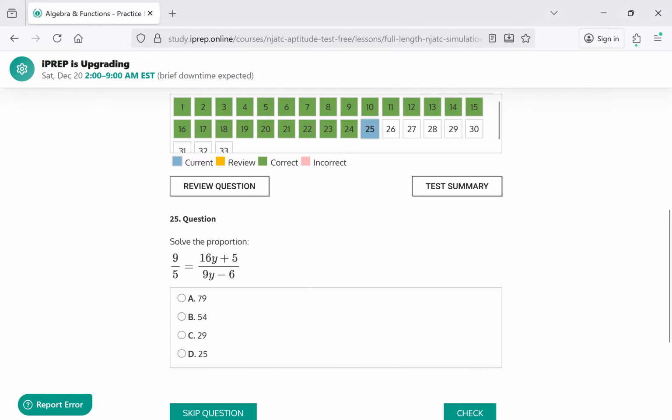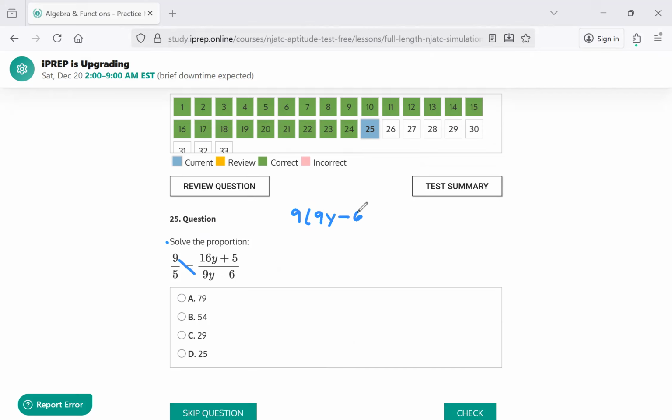Let's do 25. So 25, solve for y. What I would do is just cross multiply. Because it's only two sides, you can cross multiply. If there's more than that, you would have to get rid of the denominator, right? And wait, I'm going to check if I can reduce anything. No, 9/5 cannot be reduced. So you just go ahead and cross multiply. So this is going to be 9 times